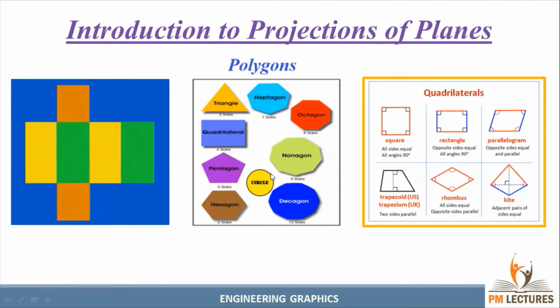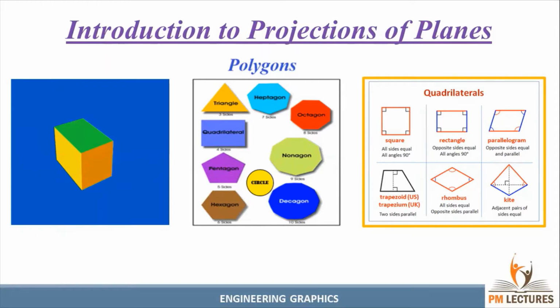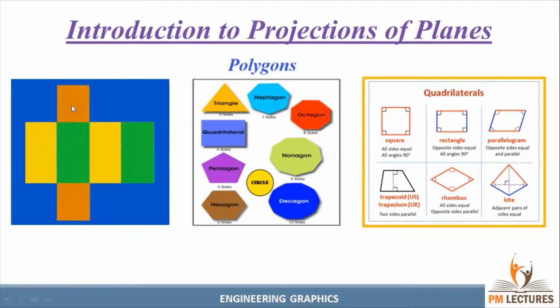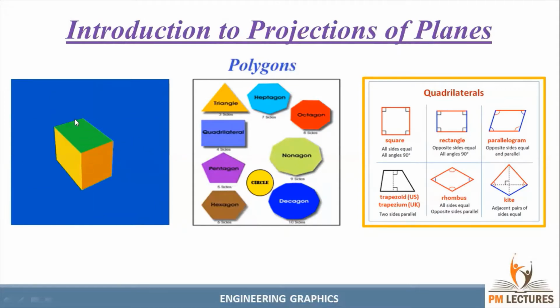So if the planes are combined to form what? The question will be asked because 2 points combine to get a line, and 3 or more than 3 points are combined to get a plane. If the planes are combined, we get a solid. See here, we have planes. The planes are combined to form a solid. You can see in the left hand side animation, we can get a solid. So planes are combined to form a solid.